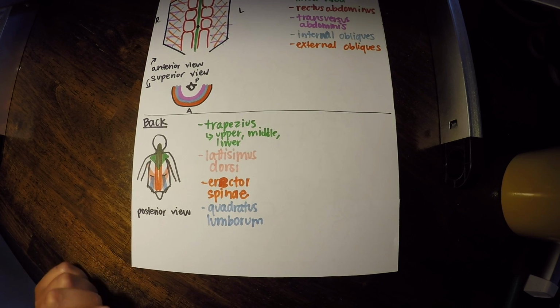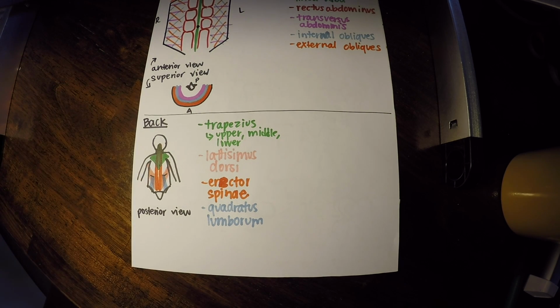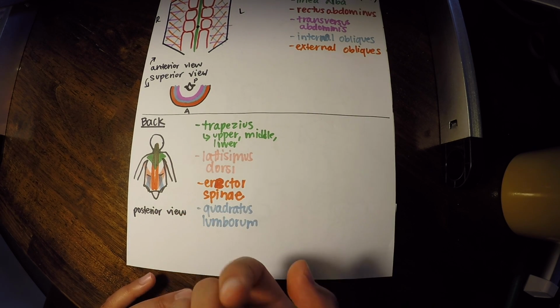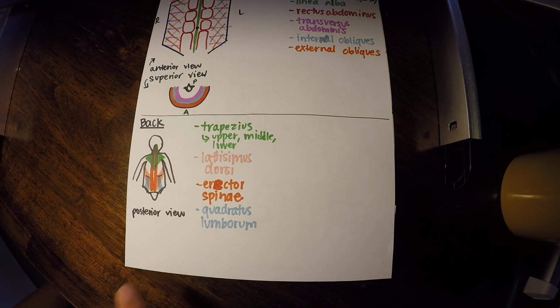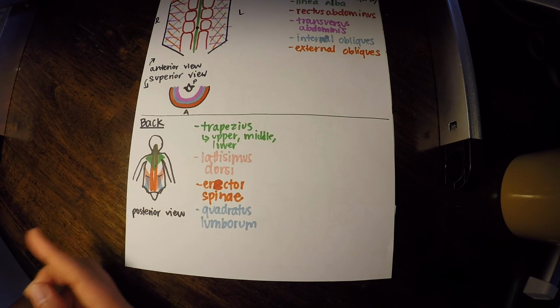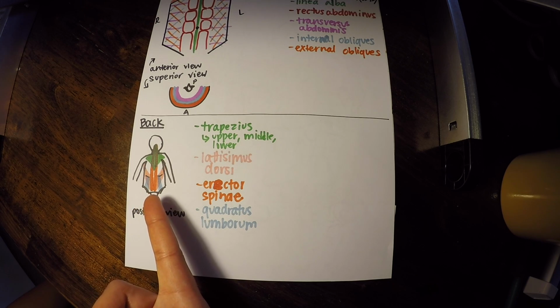Okay, so in terms of understanding how these different muscles are stacked on top of one another, I'm just going to talk you through it, and you'll be able to see this better on the models and in your textbook. But the most superficial muscles here are our trapezius and our latissimus dorsi, so that's why I was drawing those first. Those are the most superficial ones that we can see.